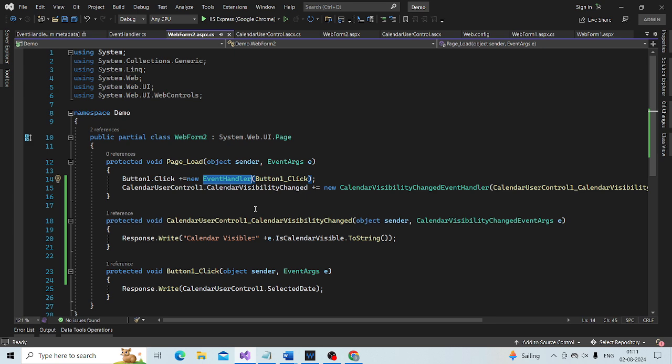Look at this. At this point, you might have understood why we actually created this class, CalendarVisibilityChangeEventArgs. In the previous session, in the CalendarUserControl.ascx file, when we were discussing raising custom events.